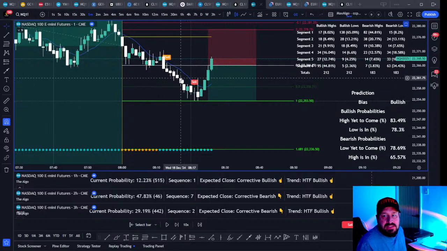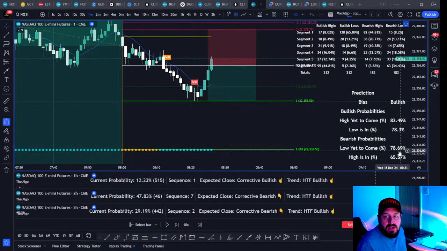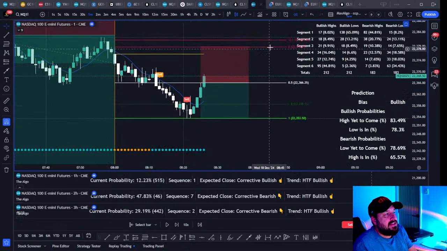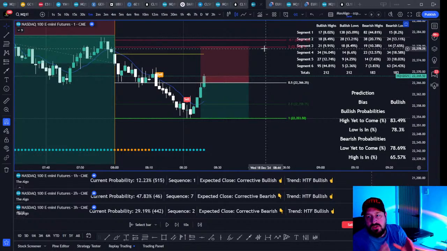Okay, so we need price to go to our profit target, which is this low. What's the probability of price going to the low? Right now, there's a 78% probability that price will go to the low, and a 65% probability, had it the wrong way around, that price won't take our stop loss. It's a 1-to-1 trade. Where's profitability? Anything over 50%. As long as we're winning more than 50% of the time, we're profitable.